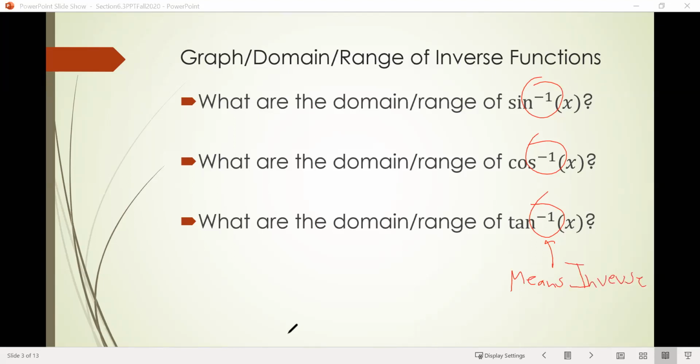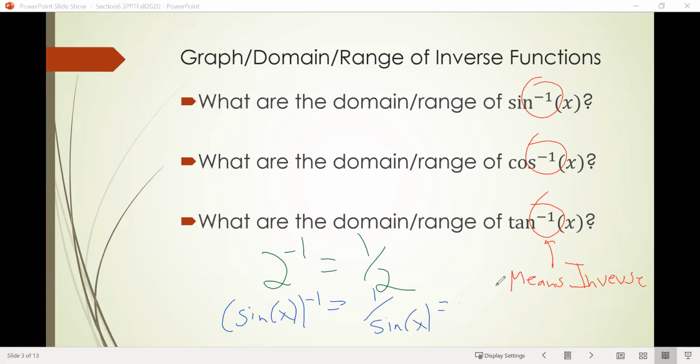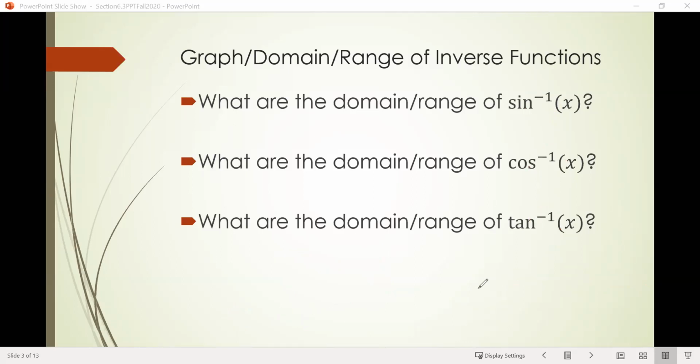Okay? And so be careful that we do not confuse that with something like this, 2 to the -1, which would be something like 1/2. That is not what we're saying there. We're referring to the inverse function. Now, the reason I point that out is because we know that if we have something like sine of x to the -1, that's the same as 1 over sine of x, which is cosecant. So you might think that to graph inverse sine, inverse cosine, inverse tangent, we could graph cosecant, secant, and cotangent. However, that is not the case here because those -1s are in a different place than they are here. Okay? All right, so let's switch over to